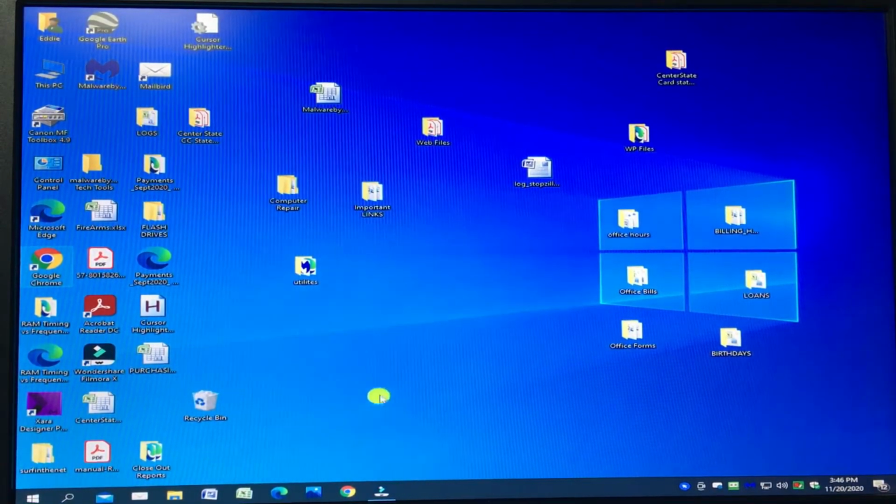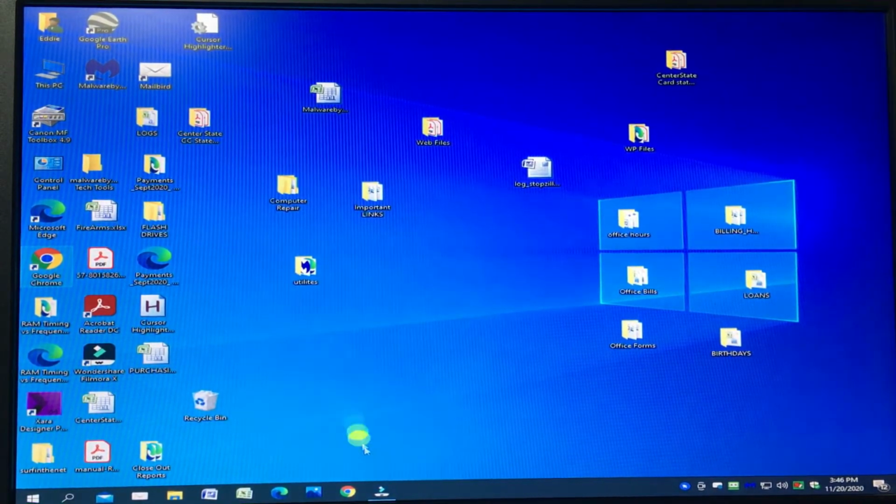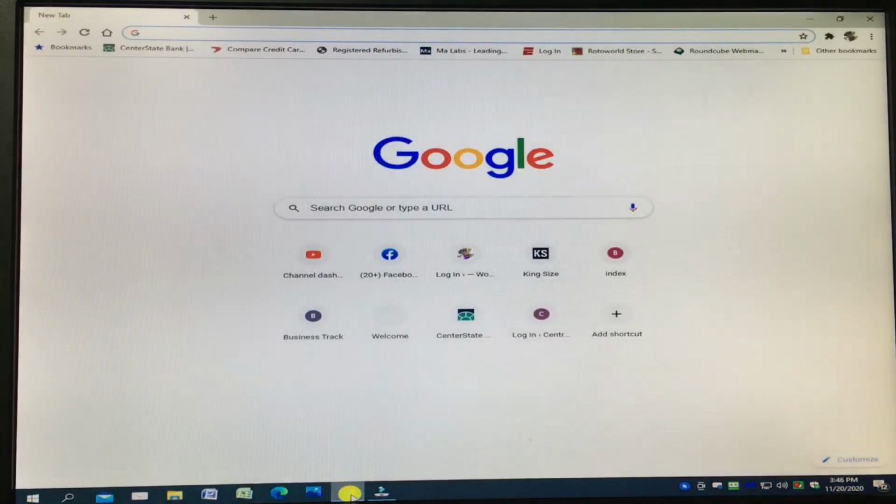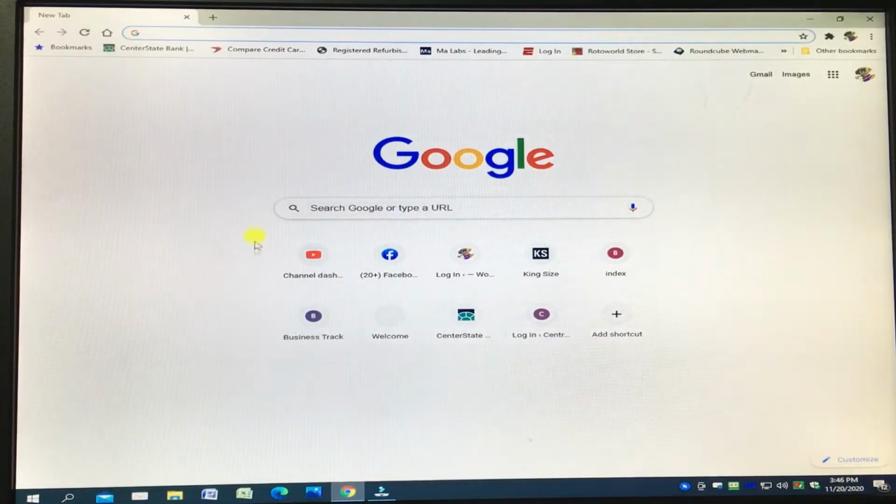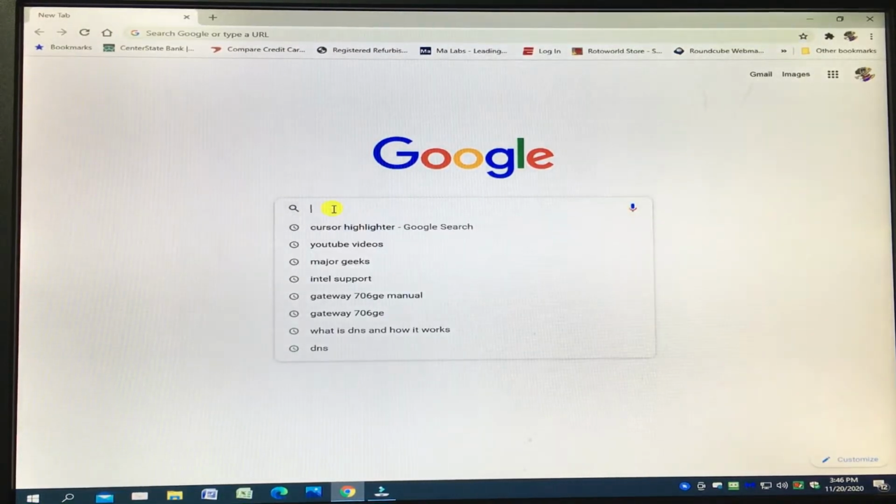Even if you're in a website, for example, let's click on Google. Now remember, up here is a double click, left click. Down on your taskbar is a single left click. So let's left click on Google. And again, everything here that I go to would take a left click. Even if I do a search, let's say presidents, for example,